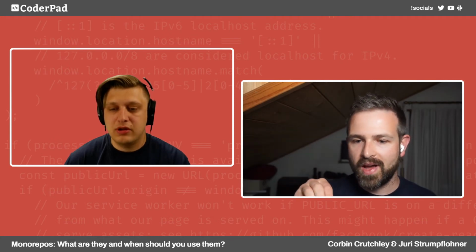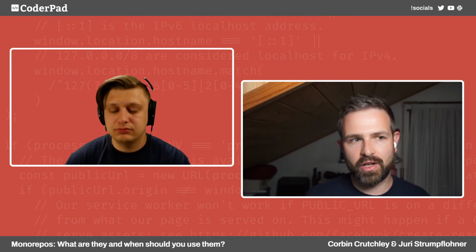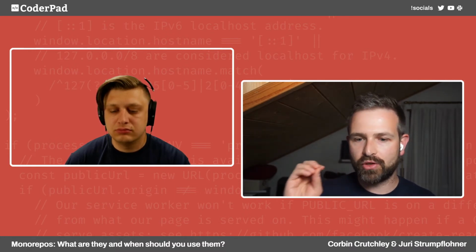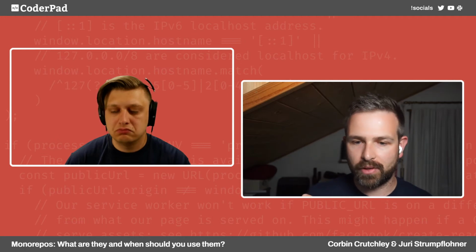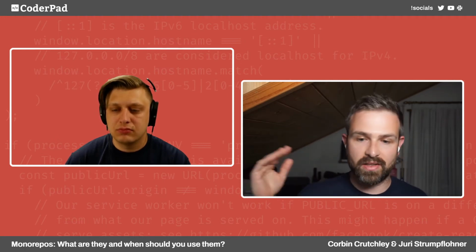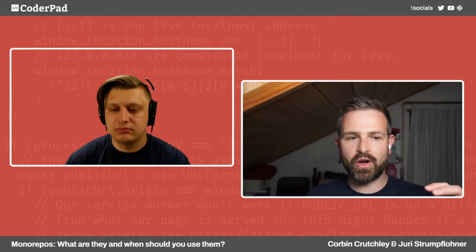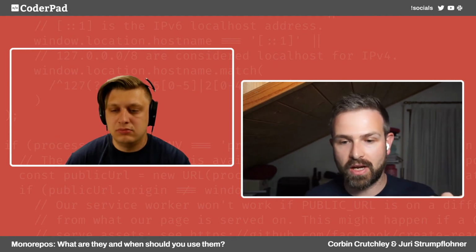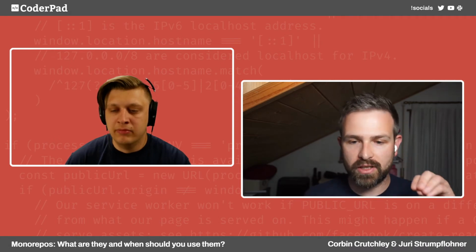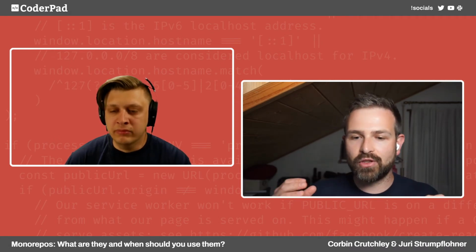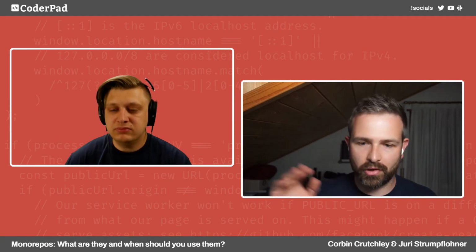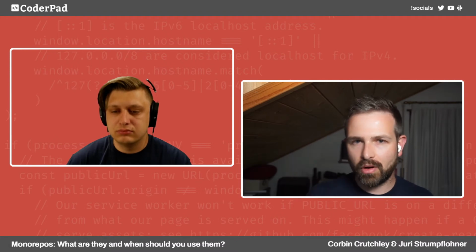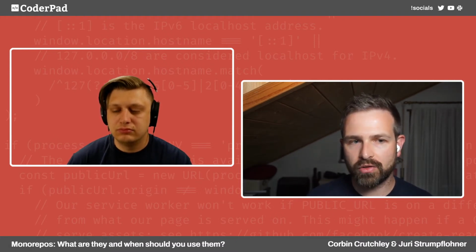And then there's a cool feature in NX where you can define lint rules that basically describe which library can import from which other library, which helps you keep the code base sane in the long run. Because you can say, okay, something from the products feature libraries can only import stuff from the products feature libraries or from something that we explicitly declared as a shared library. So in that case, you don't get accidental cross imports or circular dependencies and those types of things in your workspace.